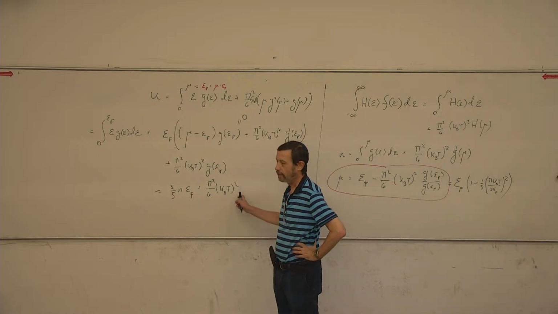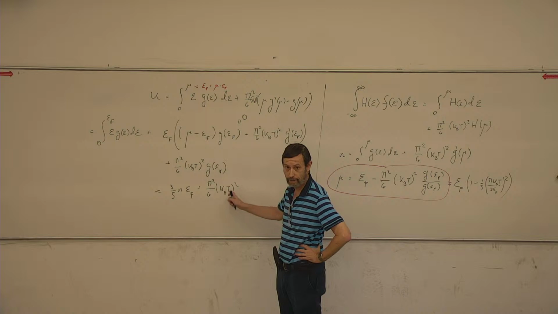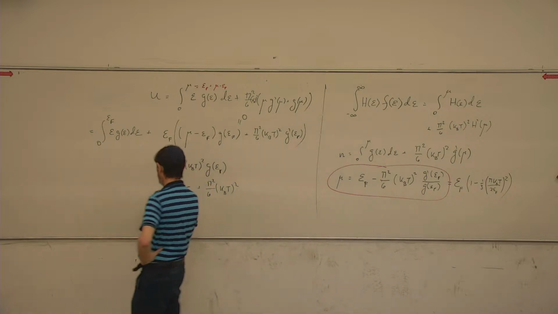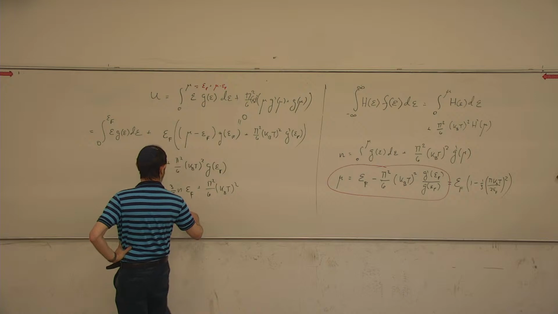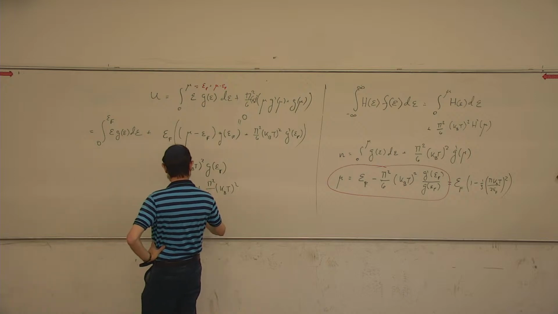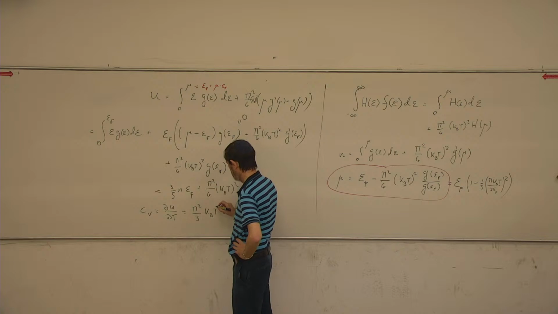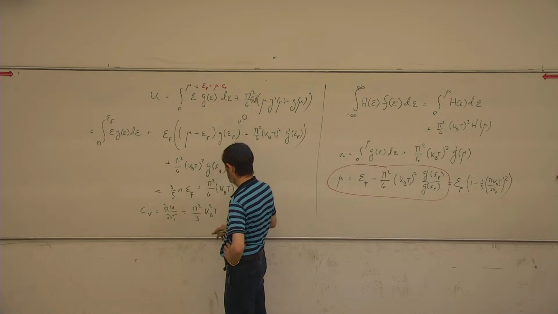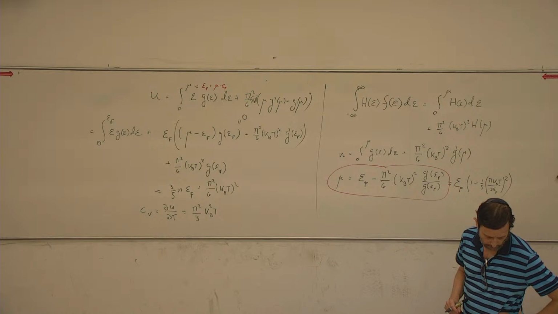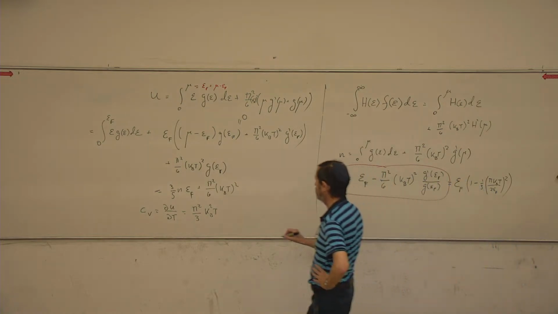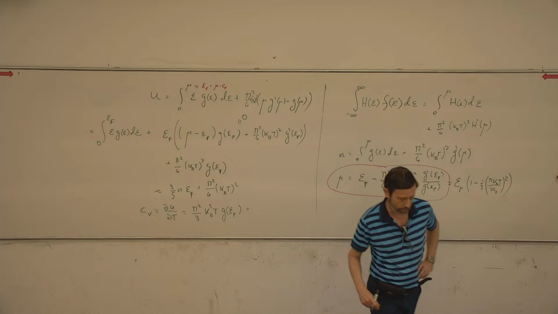So, at the end of the day, the contribution to CV, to the heat capacity, is of the order T squared T times, and when I substitute G(EF)